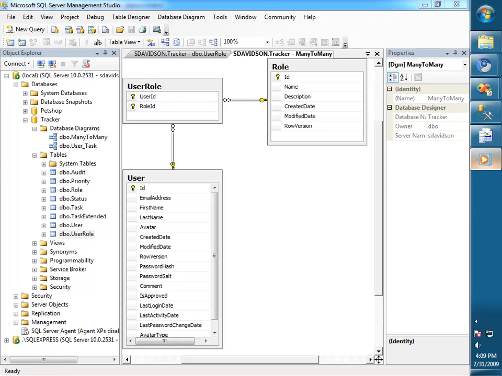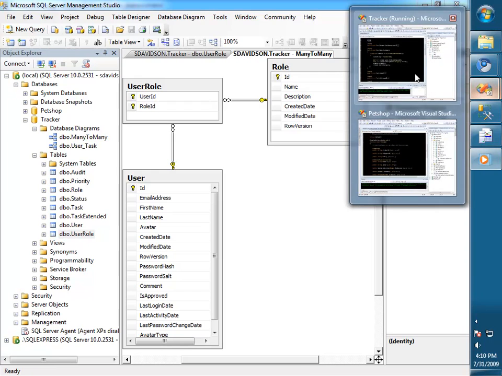So we have a user table and a role table, and then we have a join table, user role, in between them. And the user role table is very simple. It's just made up of one primary key that is a composite key composed of the two foreign keys. And so users may have many roles, just as roles may have many users. So, pretty simple. And what we're going to see here when we come back into the code is that Plinqo